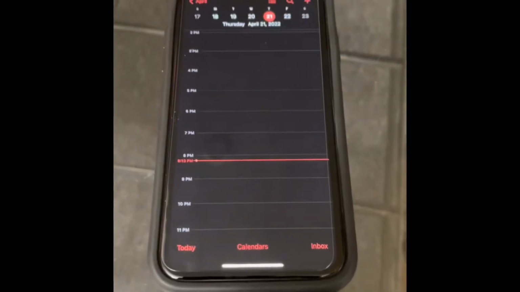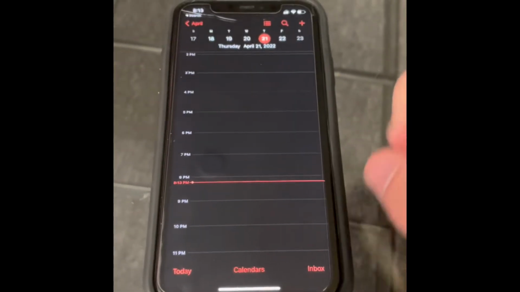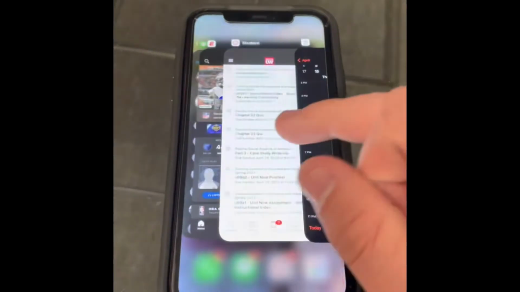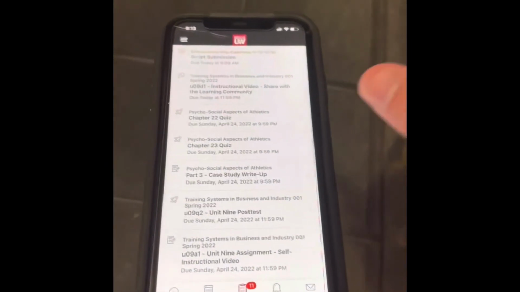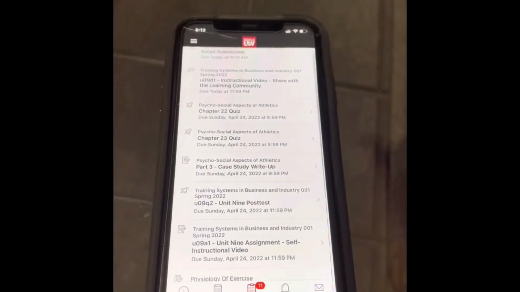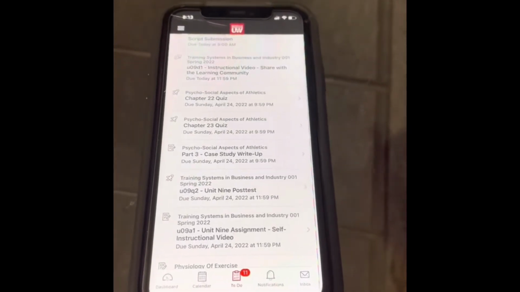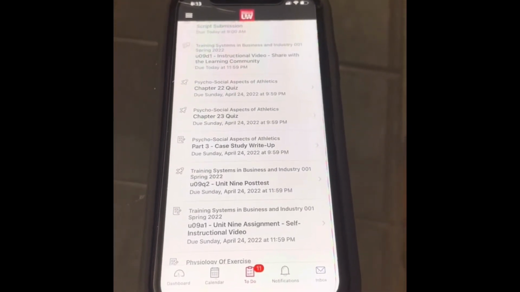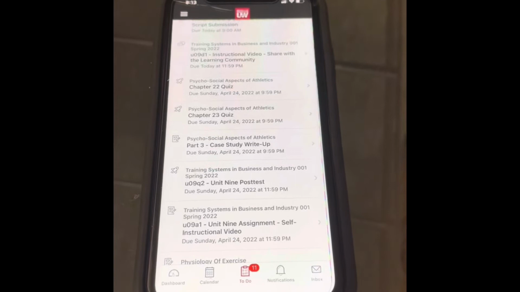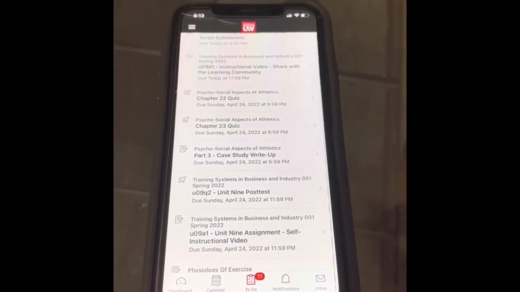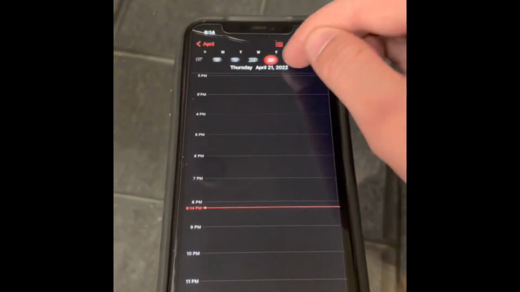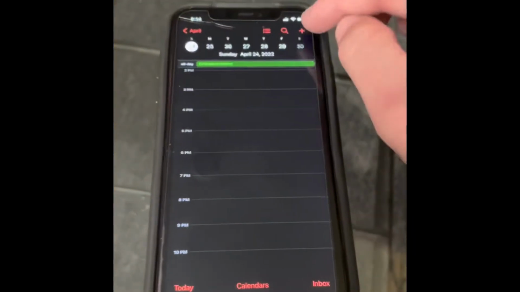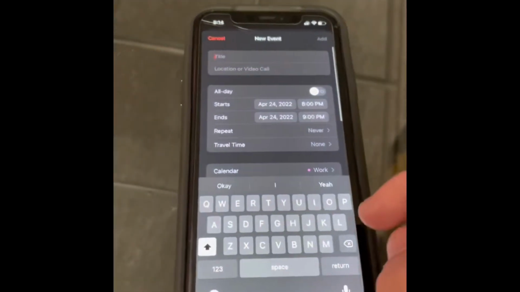Now that we've done that, we're going to try adding an actual quiz that we have in our Canvas, Blackboard, whatever it may be, into our calendar. So I have my next quiz on Sunday, due at 10 o'clock. For the purpose of this material, we're going to say that that is a for sure time period that we have to take this quiz from 10 a.m. until 11 a.m. So we're going to go to Sunday the 24th, add an event,